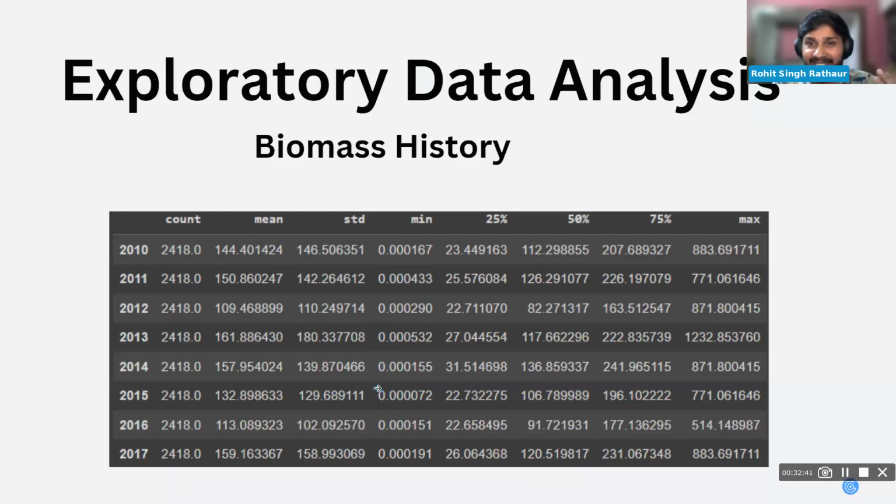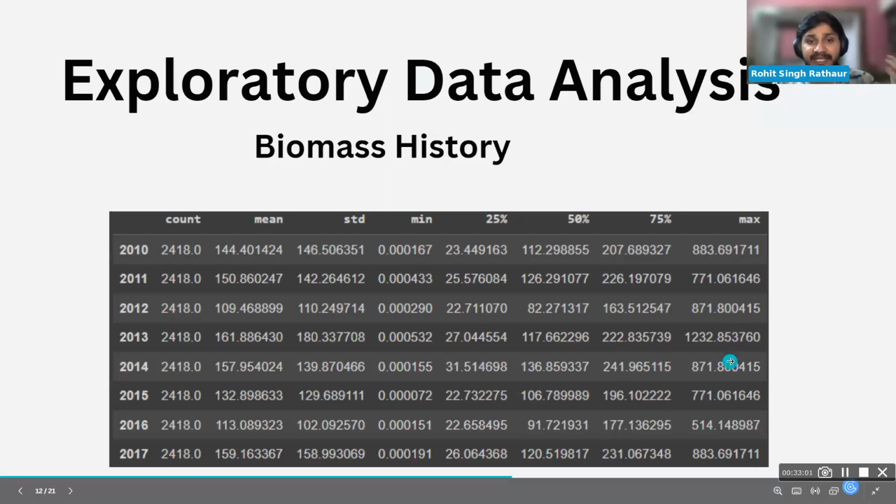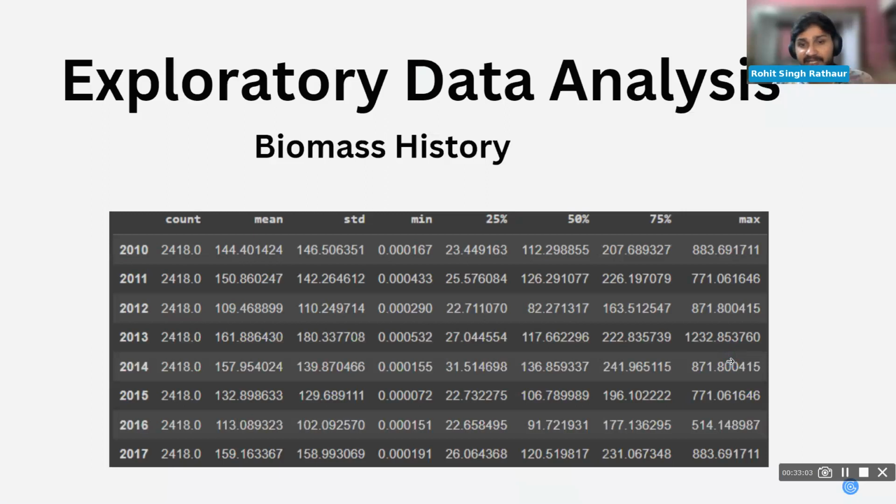So it is indicating that some sites might not be producing any significant amount of biomass, and the maximum value is quite high compared to the mean, indicating the presence of sites with very high biomass production. So now further, I will visualize the annual trend of biomass and the spatial distribution of biomass availability for